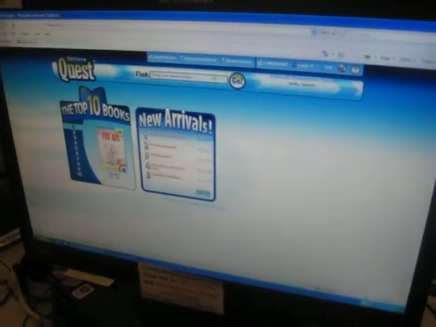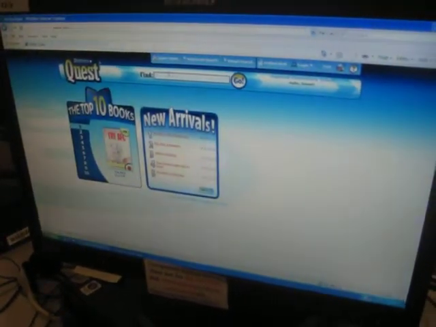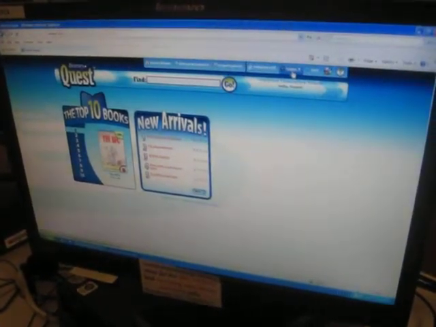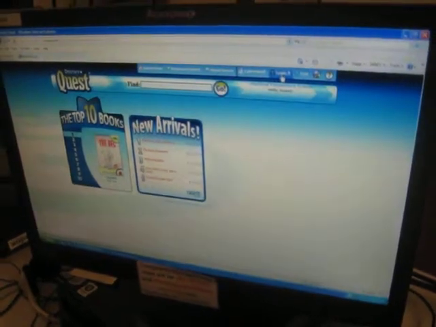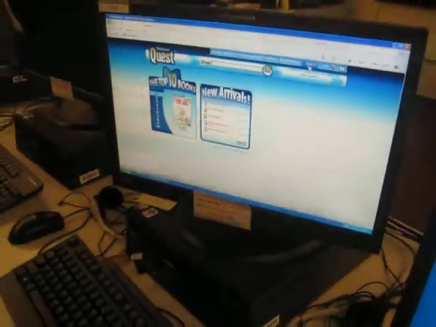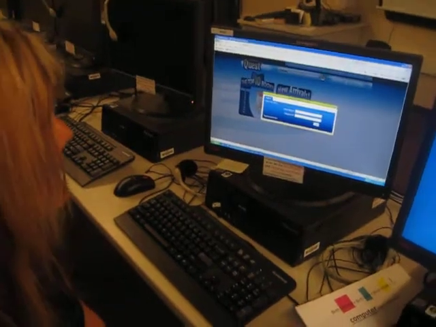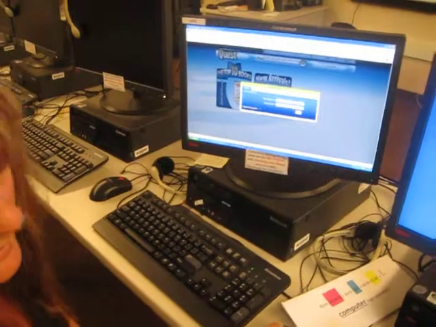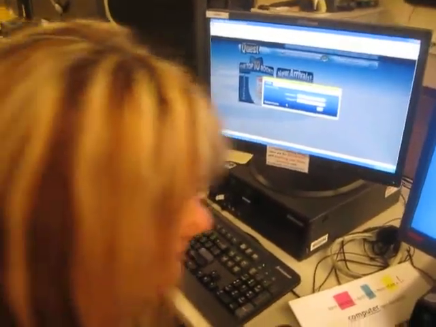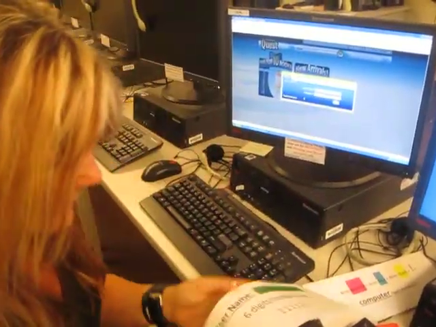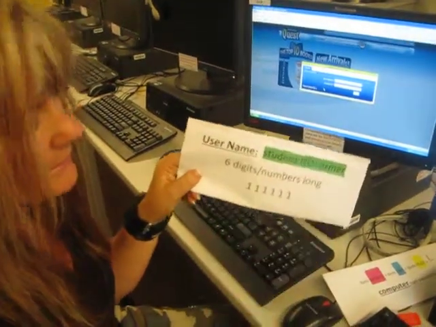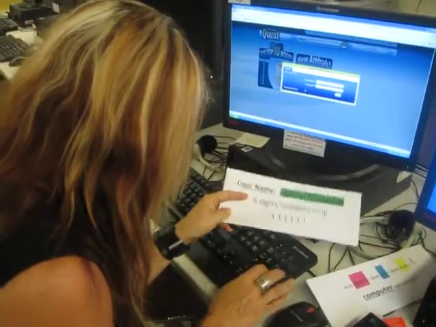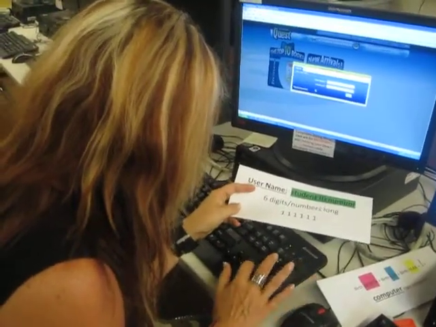Okay? I can look for books right in here in the find box, but maybe I want to log into my library account. Maybe I want to see if I have books out or when they're due. So you're going to click on the login, and again, you're going to see it's asking for the username and a password. So, again, the username is going to be your student ID number. That is 6 digits long. So I'm going to type in